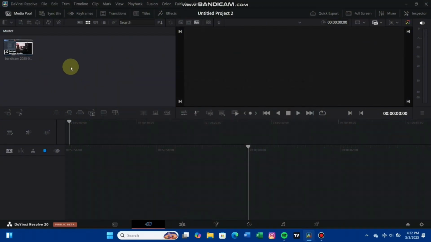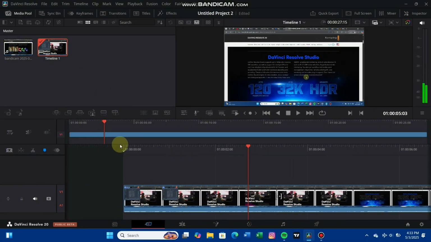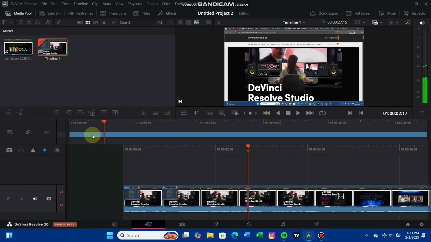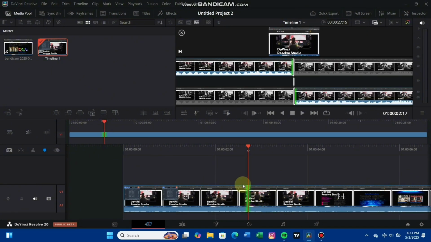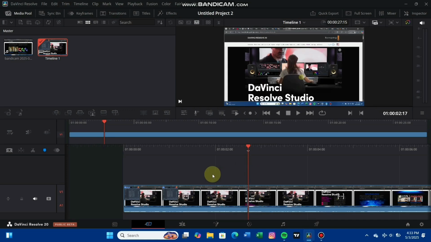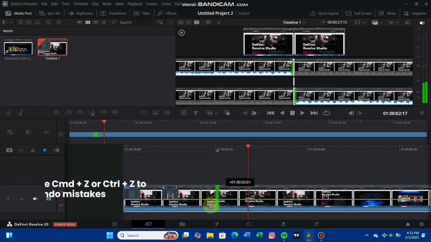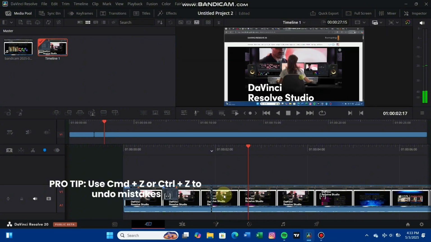So DaVinci also allows you to do some basic cutting and trimming. What you need to do is simply drop the clips into the timeline at the bottom. Then use the blade tool to slice clips. You can also tap B and it's going to automatically come up. Then you can also use the selection tool by pressing A to move things around. By dragging the edges, you'll then be allowed to trim clips. And as a pro tip, you guys can also use Command or Ctrl Z in case you made a mistake